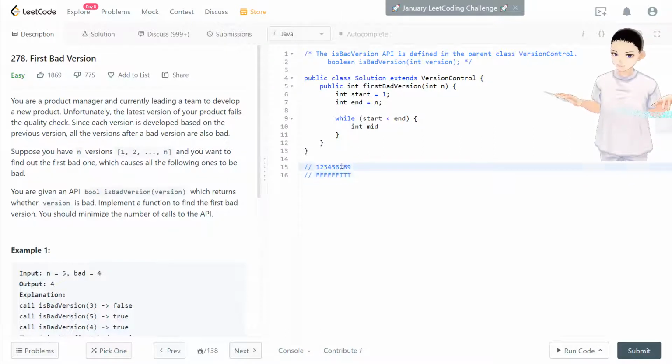If 7 is the bad one, we don't go through the versions one by one to check. Instead we take the midpoint of the array and check if 5 is bad. It's false. That means everything before 5 we don't need to check anymore, so we can shrink the range by half. It's really fast. So the midpoint is equal to start